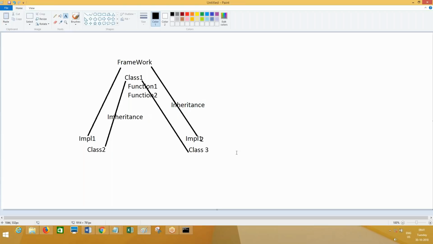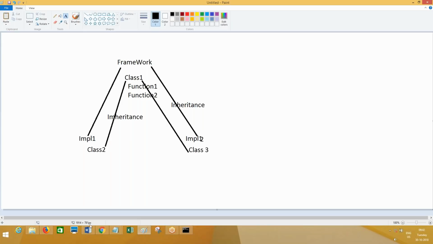So now your implementation application can use the components in framework when implementation classes derive from framework classes. Otherwise, it cannot use them. Even though it is created on top of the application, it cannot use them, because application-level components may be accessible, but components inside the application's classes will not be accessible. If that has to be done, the classes also should be derived from classes. Okay, this point is clear, everyone?